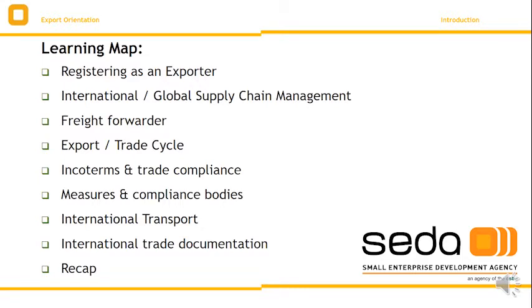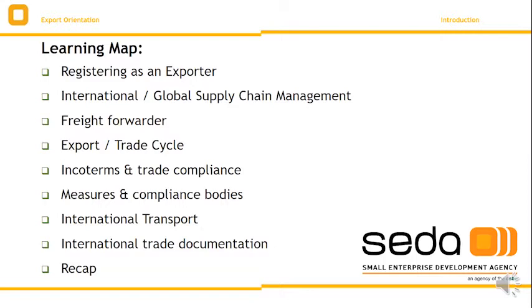The topics that we will cover under the learning map will look at how to register as an exporter, and international supply chain management. We will define who and what a freight forwarder is, what role they play and the services they offer during this global transaction. We look at the different stages of the export or trade cycle, and define Incoterms and trade compliance. We look at the different measures and compliance bodies and how they play a role in the application for export